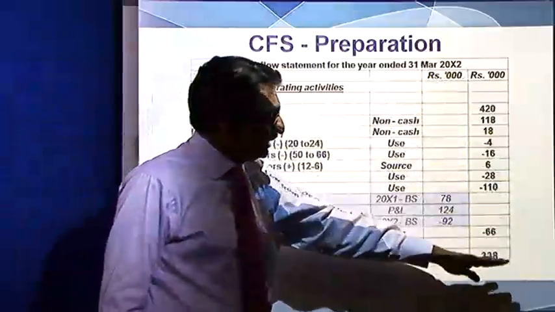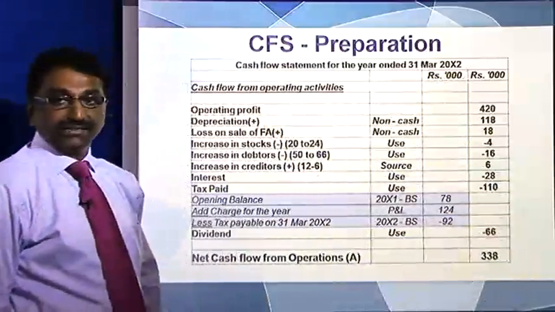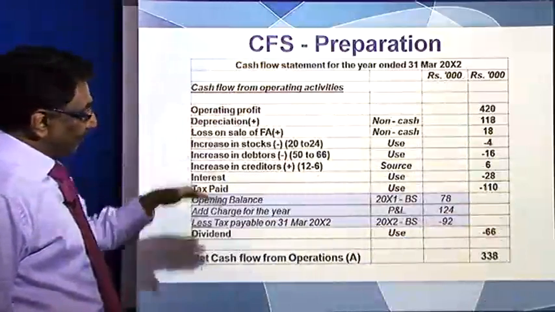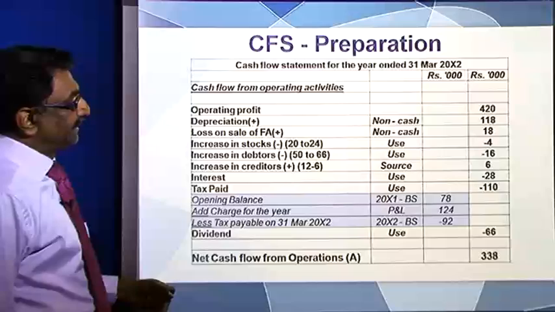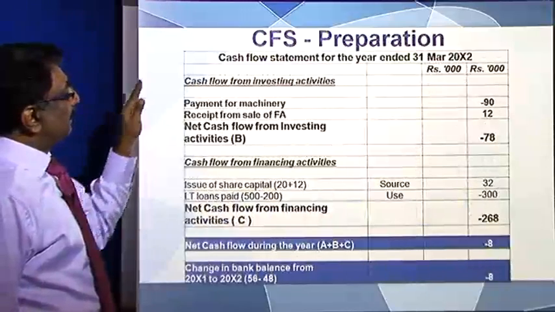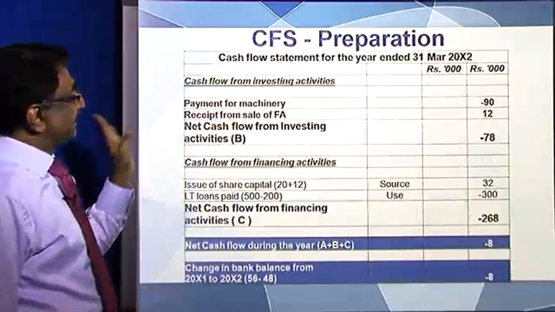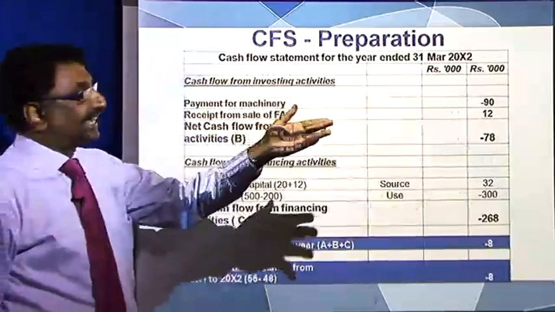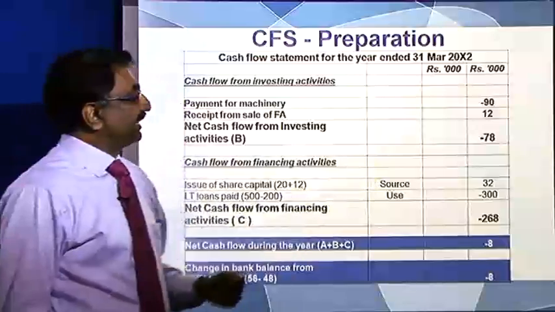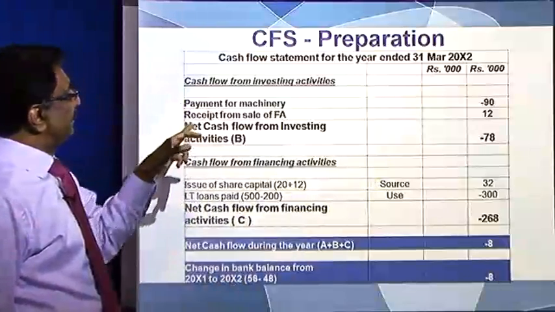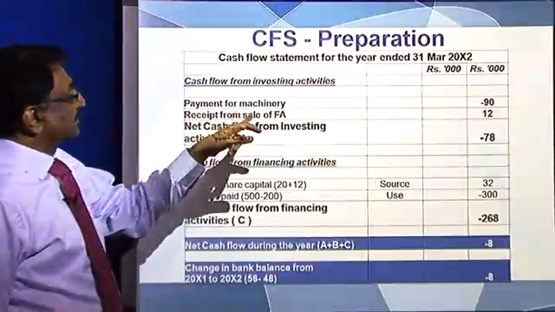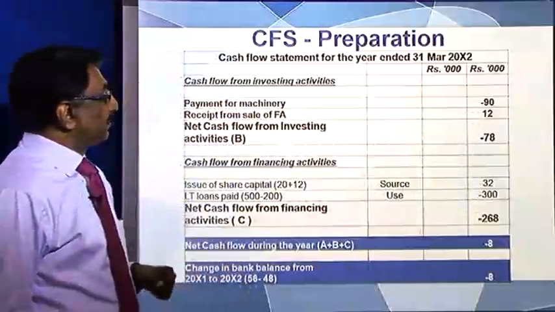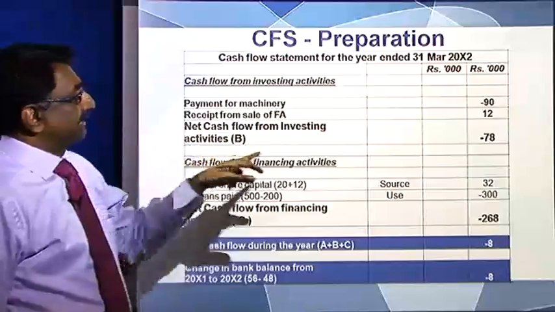When you add up all these, you get a positive 338,000 rupees, which was the cash flow from operational activities. From the investing activity perspective, we had the data that a machinery was bought, therefore an increase in asset, which is minus 90, it is a use of fund. Similarly, receipt from sale of fixed asset, inflow of fund, which gives you a net outflow from investing activities of